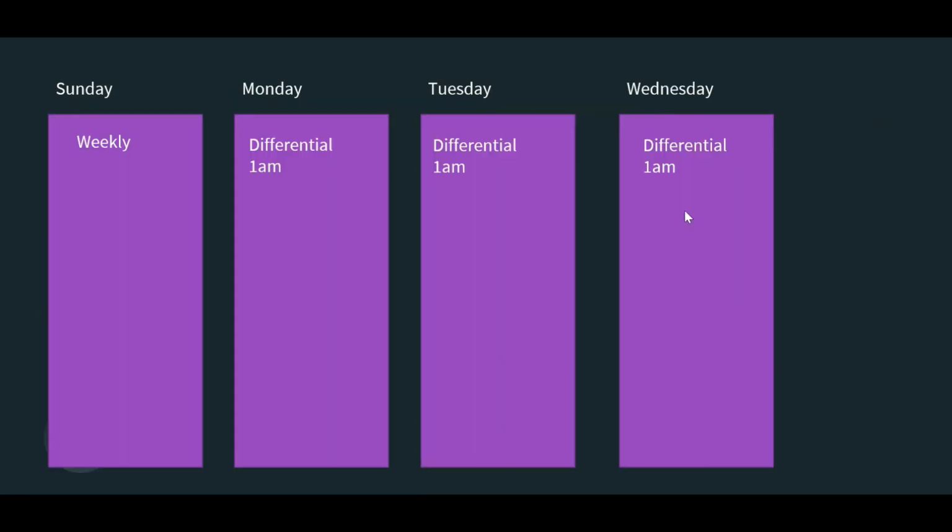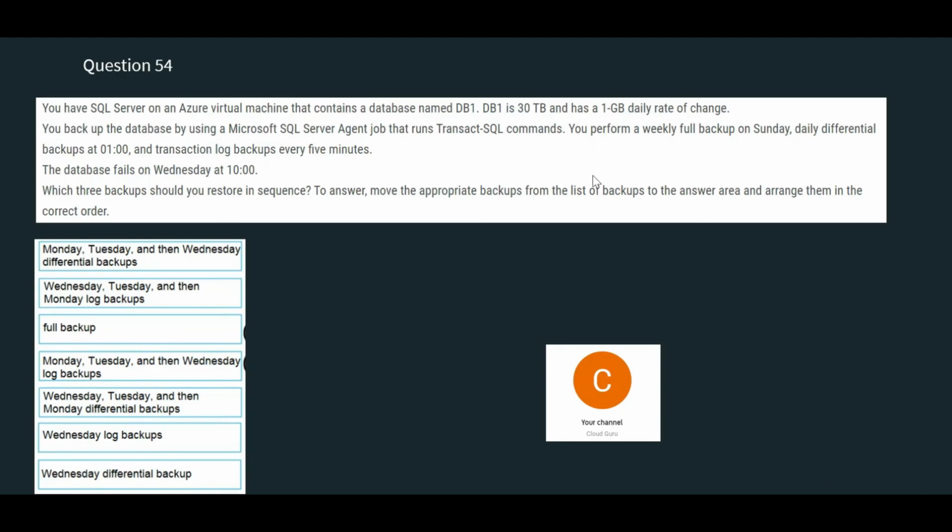Since it fails at 10 AM, between 1 AM and 10 AM that differential is missing. And you see the logs are generated every 5 minutes, so you will have to take those as well. You see the transaction log backups every 5 minutes, so you have to restore them from a restore standpoint.